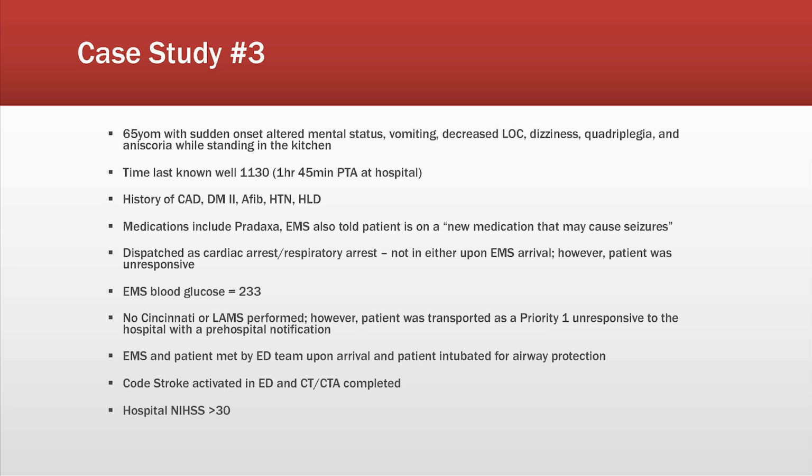What do you mean by that? Oh, you can mention that it was initially dispatched as a cardiac arrest, but when EMS got there, they actually noticed the patient was not just unresponsive. Okay, so